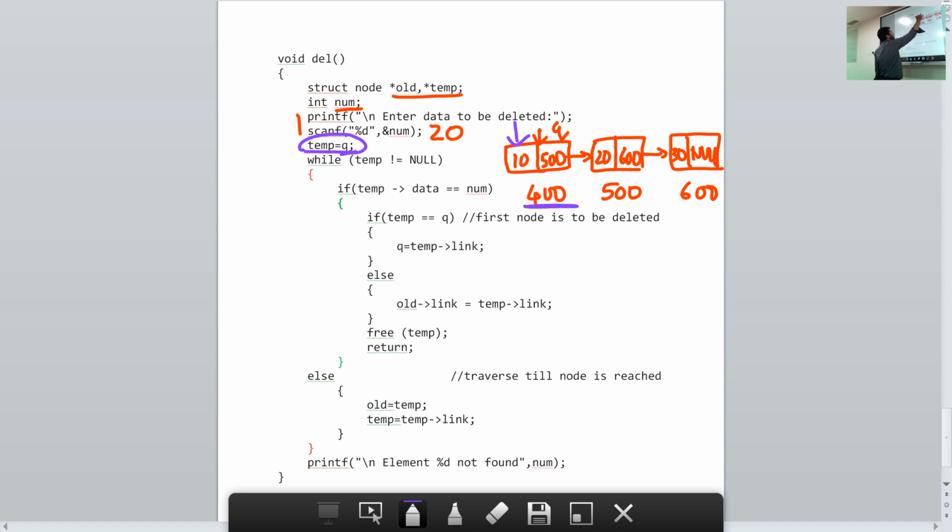Temp will point to the node with the address 400, because we are assigning q's value 400 to temp. So therefore temp will point to the node with the address 400.